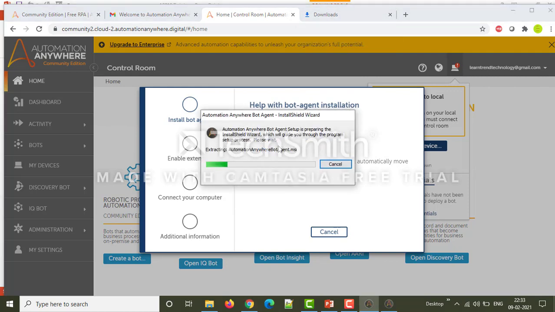So you can see here, the bot agent is installing now.